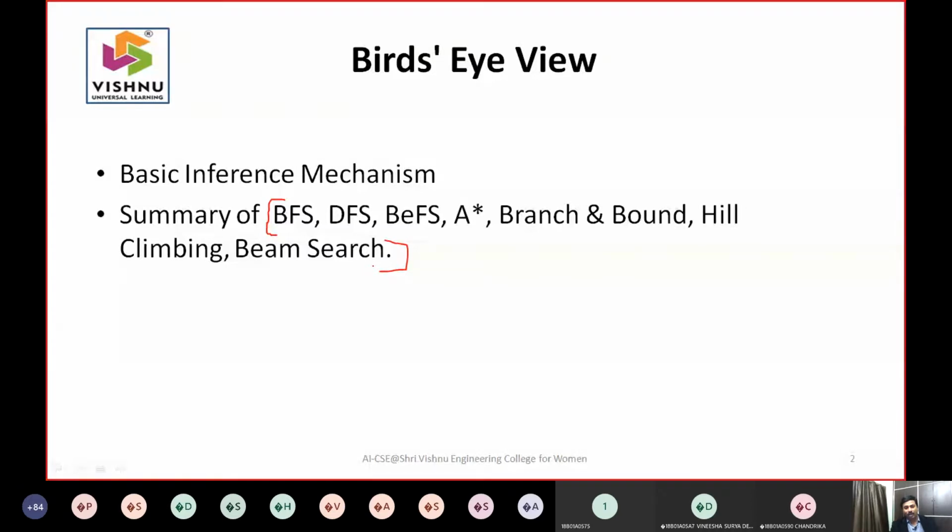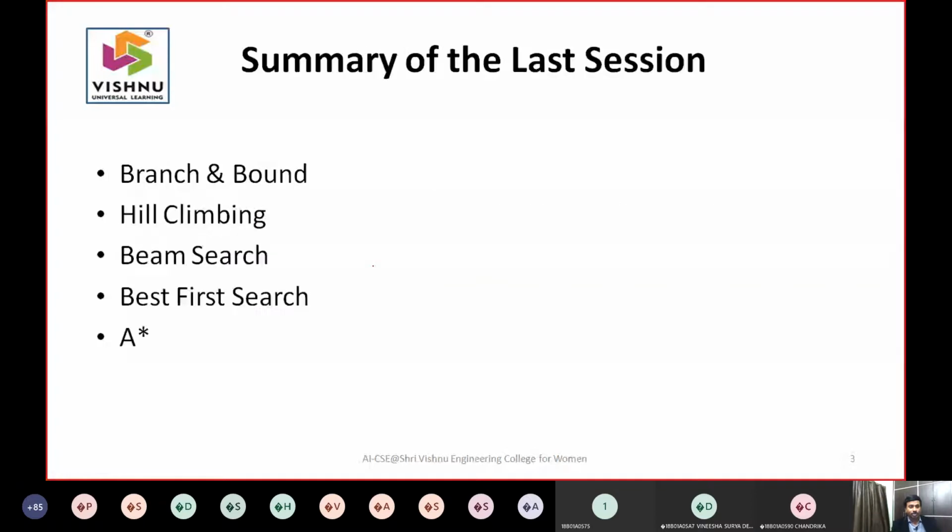So that is the reason I deferred the discussion of algorithms to at least 2 to 3 classes, so that you can open the textbook and just read this and come back. So this is what we have seen. The branch and bound algorithm takes g of x as the heuristic. Hill climbing algorithm will take h of x as the heuristic,